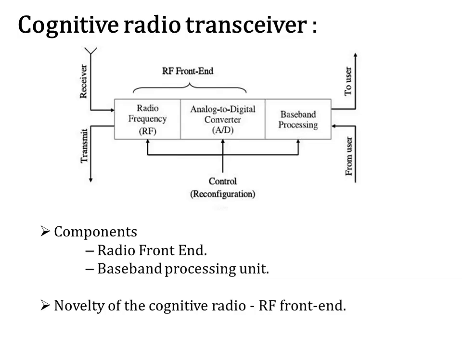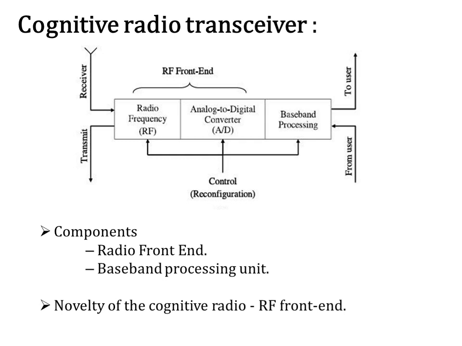The physical architecture of a cognitive radio transceiver is shown in this figure. Here, the main components are the radio front end and the baseband processing unit. Each component here can be reconfigured through a control bus to adapt to the time-varying RF environment. In the RF front end, the received signal is amplified, mixed, and analog to digital converted. In the baseband processing unit, the signal is modulated or demodulated and encoded or decoded.